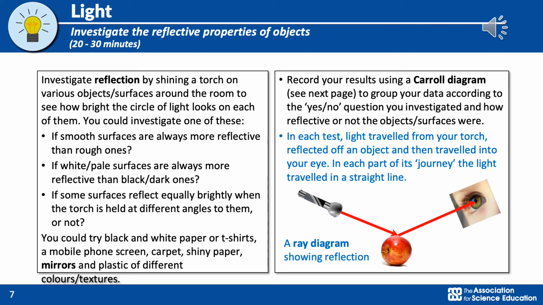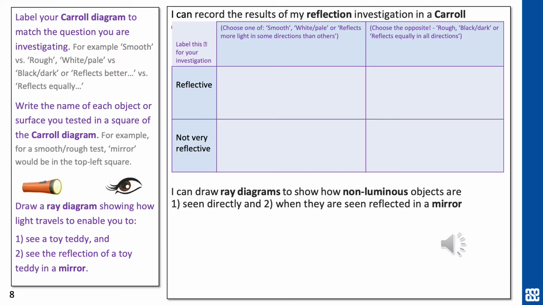I've also put this onto a Word document so you can write on it or type onto it, but you will need to edit the titles to suit your question. This slide just explains to you how to edit your Carroll diagram in reflection of the question from the previous slide. So it says label your Carroll diagram to match the question you're investigating. So for example, if you're doing the smooth versus rough, then you're going to write whether it's reflective or not very reflective, or reflects better, reflects equally down the side, and across the top you'll write whether it's a smooth surface or a rough surface,